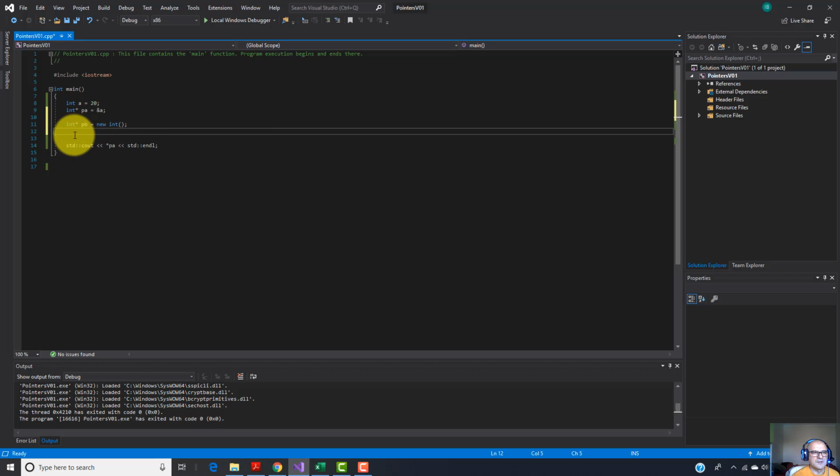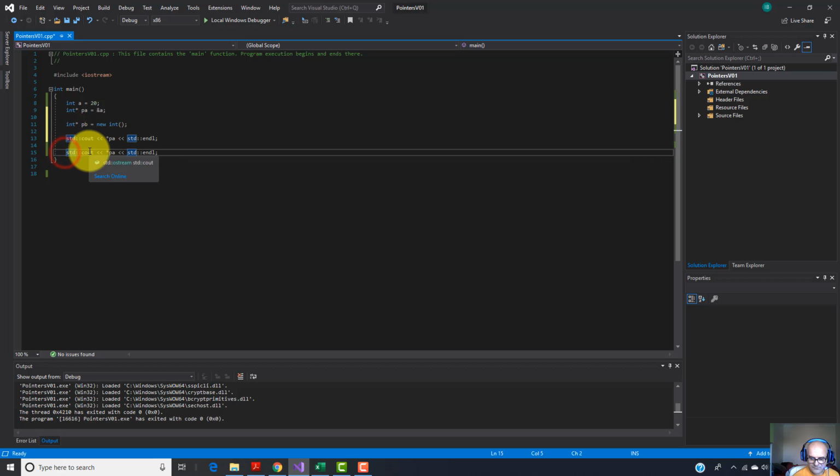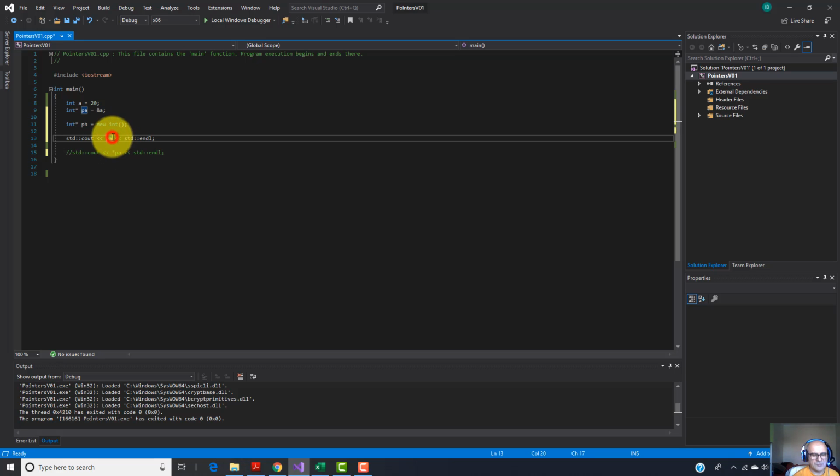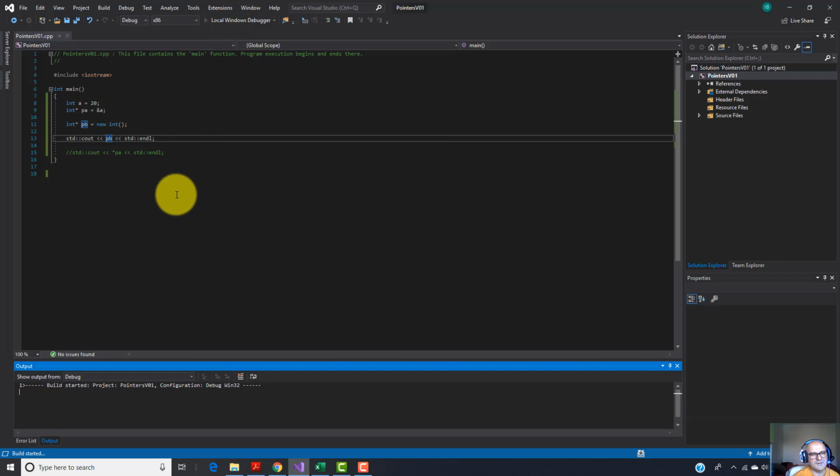And let's copy this line with Ctrl+C and paste it here with Ctrl+V. I'm going to cut off this line, and here I'm going to remove this asterisk, and I'm going to use this pointer pb. Let's run this application again,